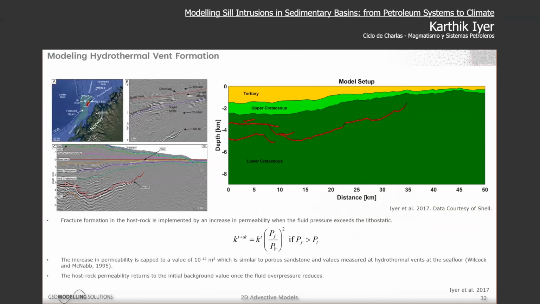And that's very normal. If you reach lithostatic, you frac, you generate fractures and things escape. And it's a quadratic term here. And every time the fluid pressure increases, we increase permeability. And once the fluid pressure decreases, because the fluid's allowed to escape out of its newly formed permeability, it is reduced back to the background because you have the overburden there, and it will also result in compacting and closure of these fractures.